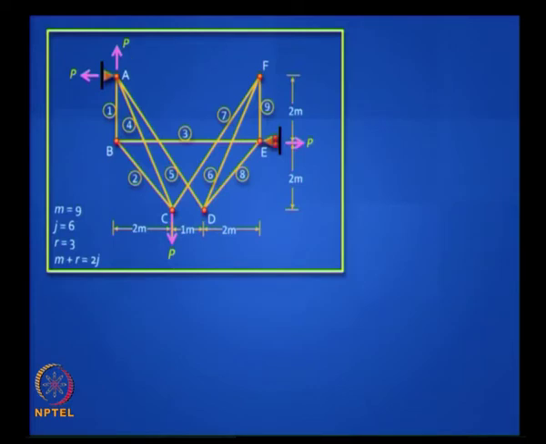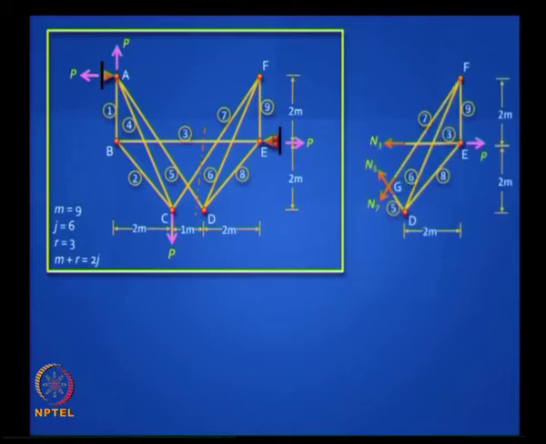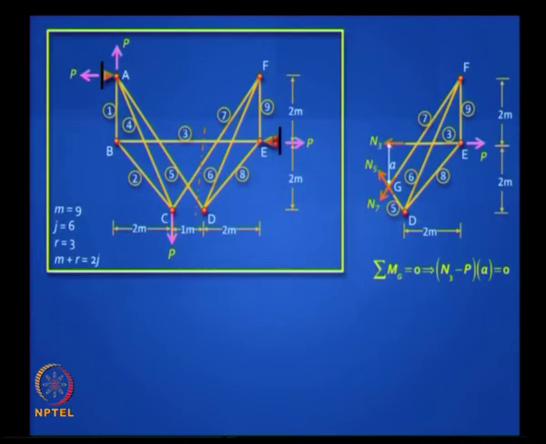So the first thing to recognize is if your load is P acting downwards, those are your reactions, and the reactions are statically determinate, they all turn out to be P. Then if you cut a section, say where I have shown, and you blow up that part, what can you make out from this picture, from this section? N3 is equal to P, and that follows from the fact that if you take moments about G, you can prove N3 is equal to P,